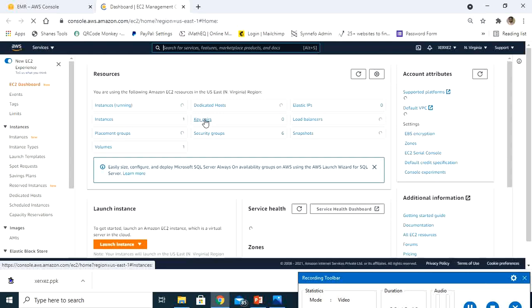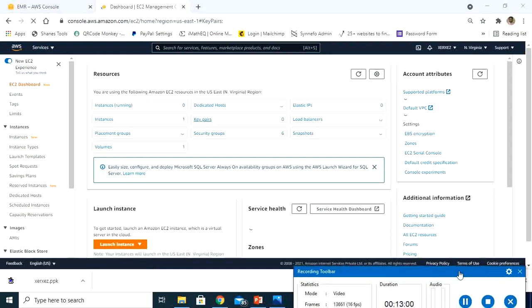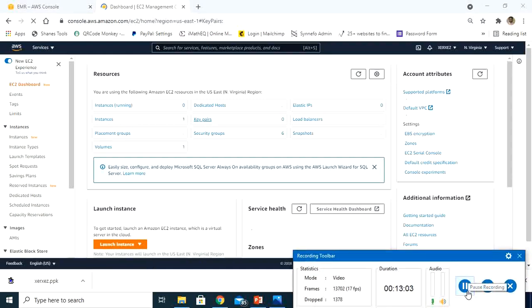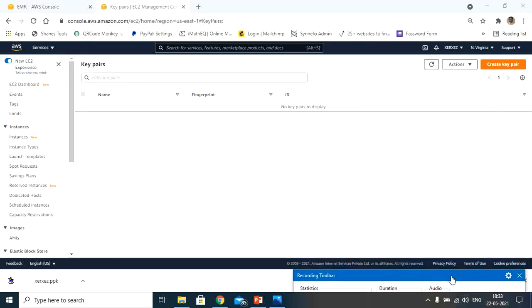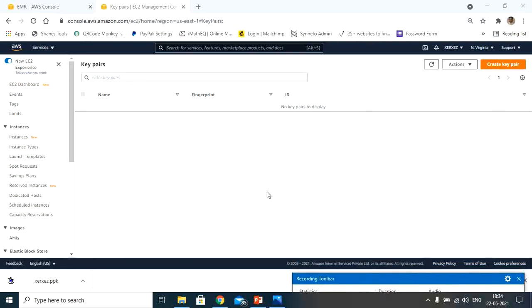To create the key pair, hit on this key pair button, and you will be taken to the exact location where you can create the key pair. You can see there is an option called create key pair. So hit on create key pair.